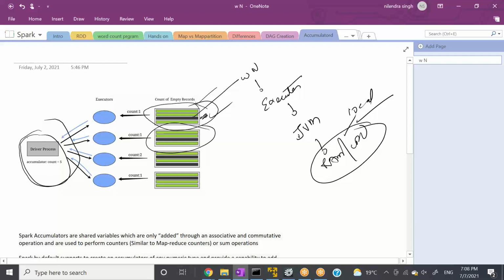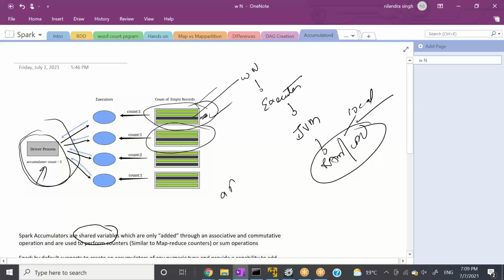Now let's read the definition. Spark accumulators are shared variables. If we create a Spark accumulator, this variable will be shared across different RDDs, partitions, or JVMs, and can only be added to through associative and commutative operations.